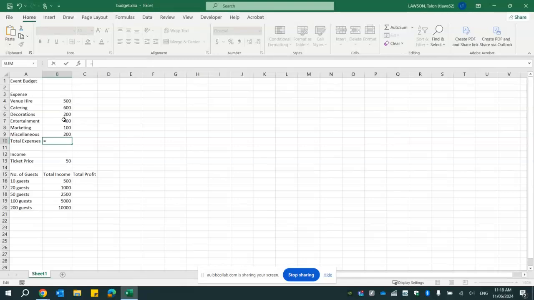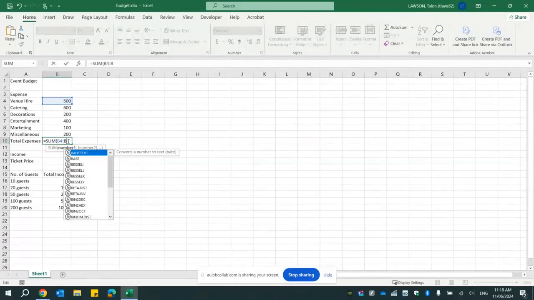So when we're adding up a bunch of numbers, the formula that we use is called sum. It's pretty simple. It's the sum or the total of all of the numbers. So if we say sum and then we use brackets to identify the numbers, you can see there we can list number 1, number 2, so we can go B4, B5, etc. But there is a little shortcut because we want all of these numbers in a row. So from B4 down to B9, if we say B4 colon B9,